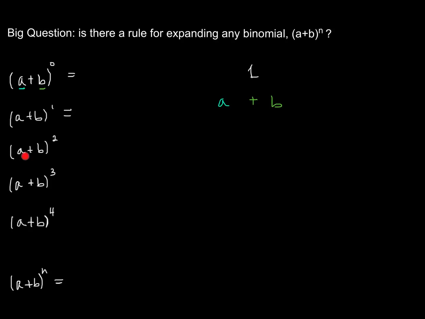Okay, what about a plus b squared? Well, here, remember, this is a plus b times a plus b. Right? So what is this going to be equal to? Well, I multiply it out, and I can't just multiply a by a. I have to take this first term and multiply it by both pieces here. So I have to do a times a and a times b. And then I have to take b and multiply by both terms here, so I'll have b times a, which will be another ab, and then b times b, which will be b squared. So I'll have a squared